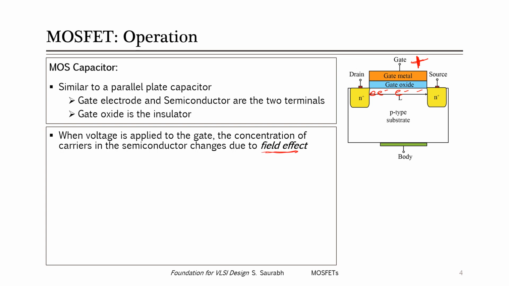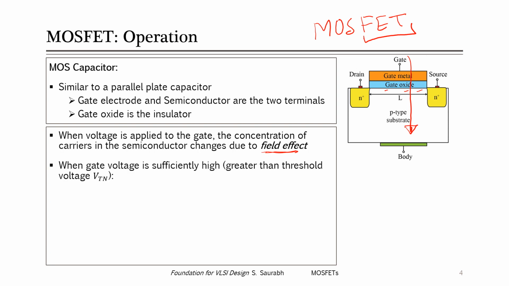The field effect is basically when we apply the voltage and an electric field is created in the direction perpendicular to the semiconductor surface, and it leads to a change, or modulation, of the conductivity of the substrate. This effect is known as the field effect, right? So the MOSFET works on the field effect, and that's why in the full form of MOSFET we have FET. This FET represents field effect transistor. What is the relevance of field effect in the MOSFET? The relevance is that the field effect modulates the conductivity of the substrate, and that forms the basic operating